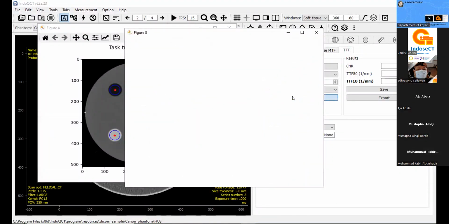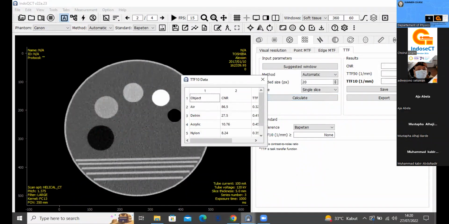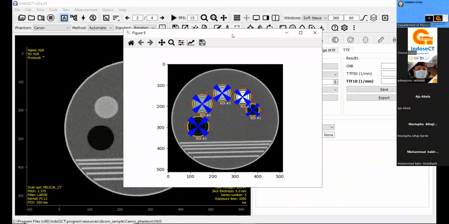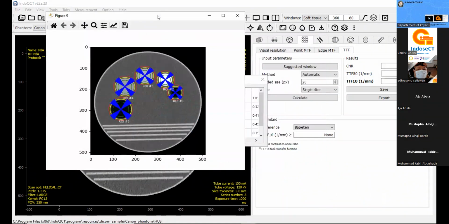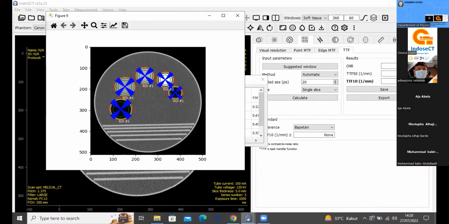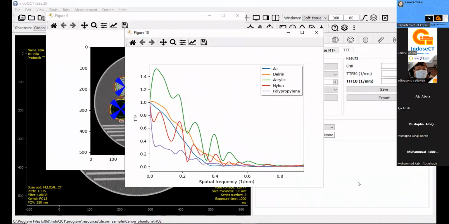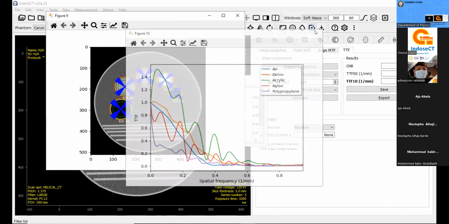and okay, this is our result. This is our region of interest in the Canon phantom, and this is our result. As we can see here, there are many fluctuations because the noise is relatively high in this phantom.